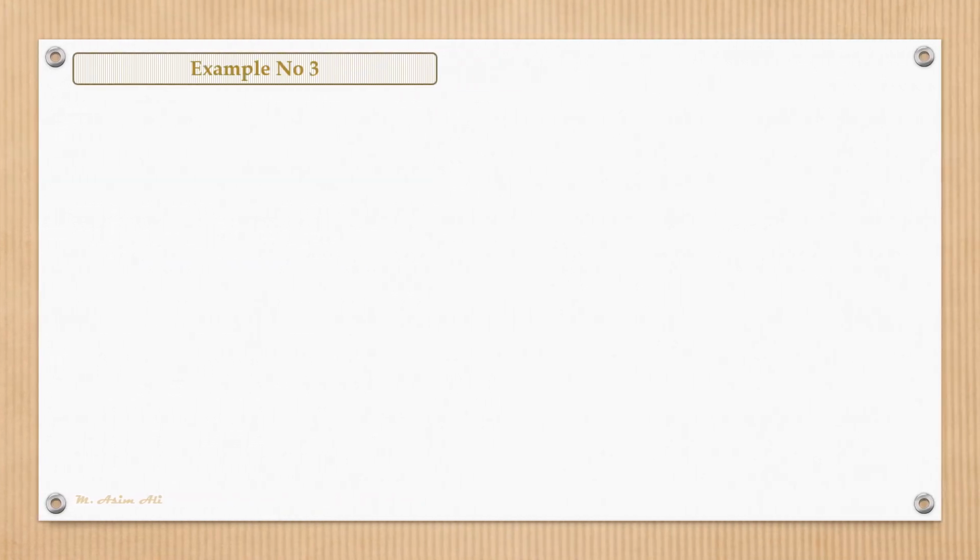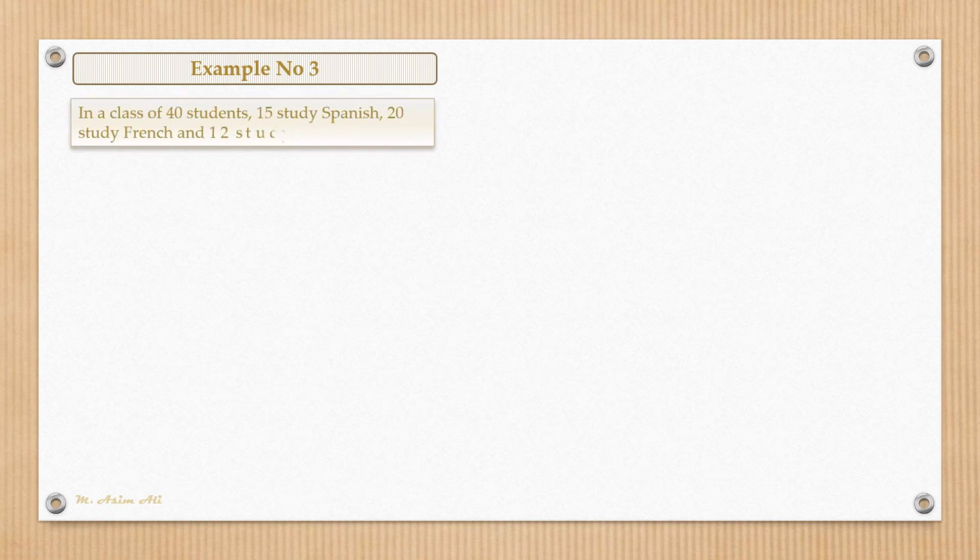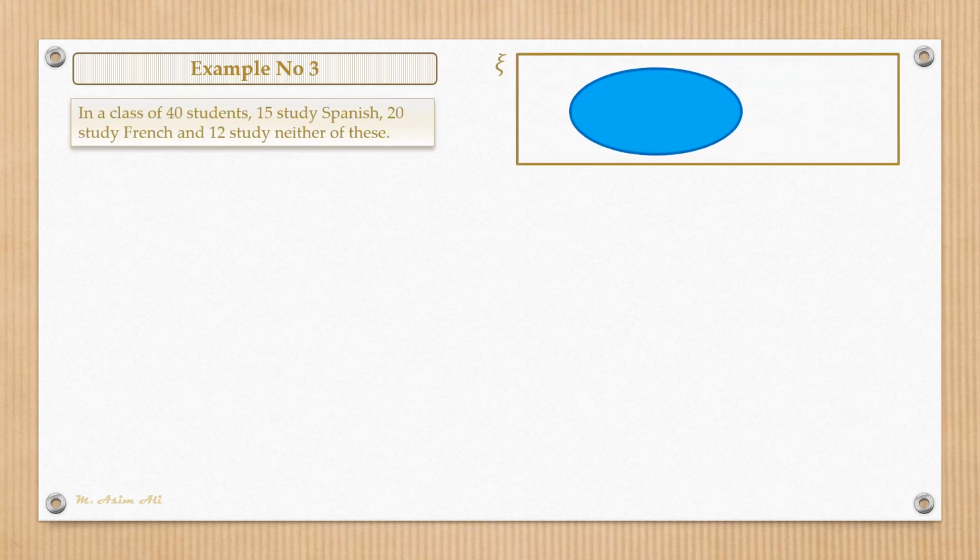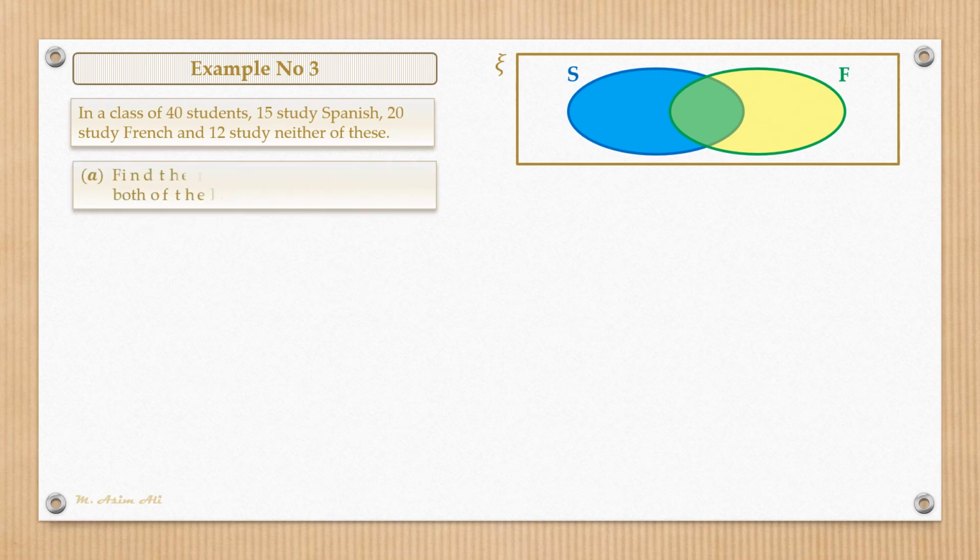Let's now discuss another example on Venn diagrams and probability. There are 40 students in a class, out of which 15 study Spanish, 20 study French, and 12 study neither of these. So there are some students who study neither of these languages, and 15 study Spanish and 20 study French. So what we have to do in this question is find the number of students who study both languages, that is